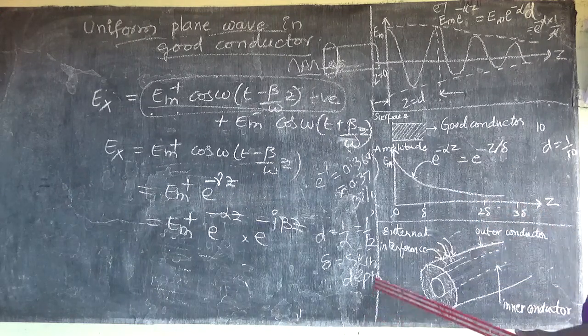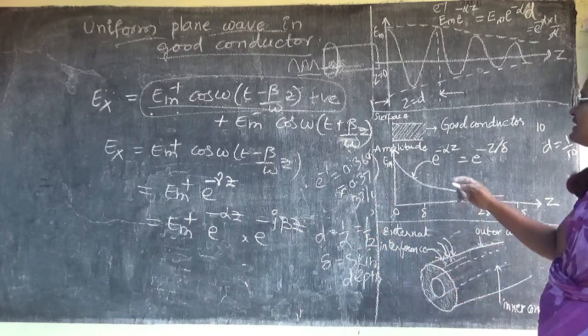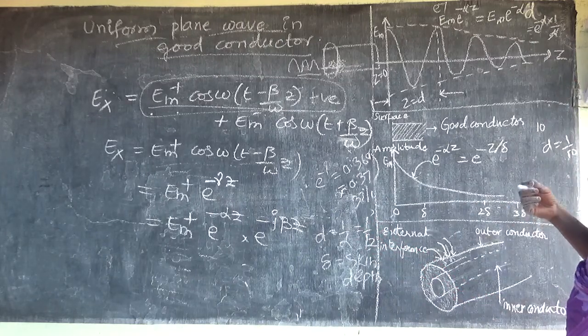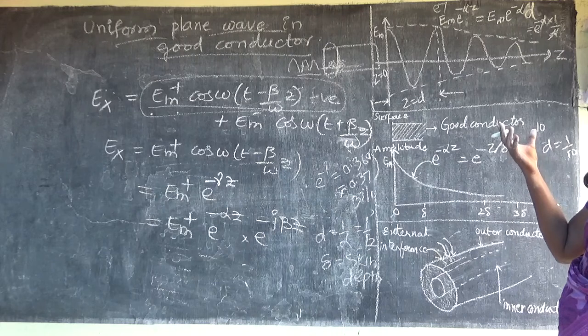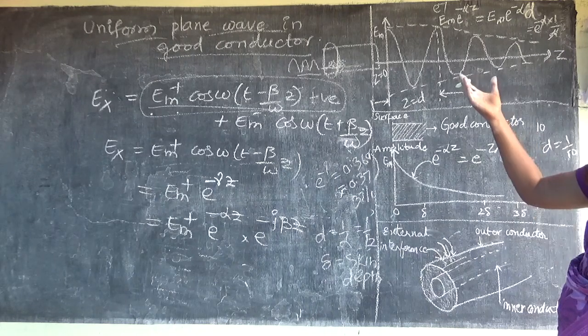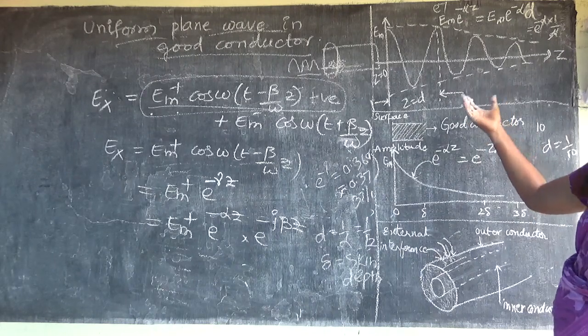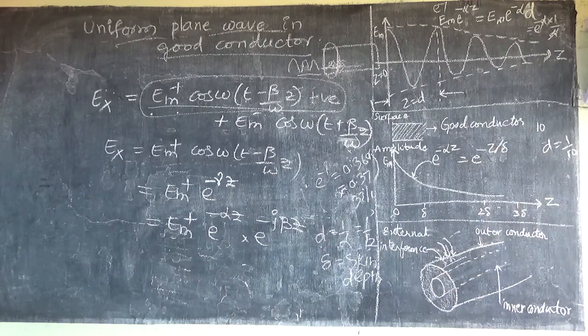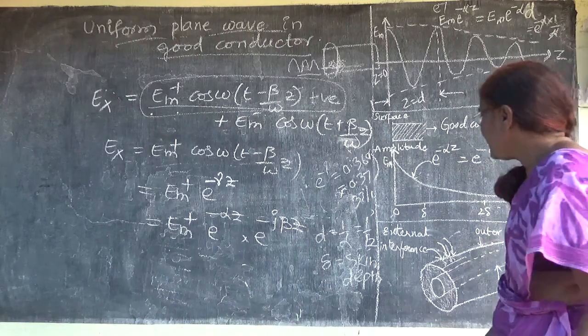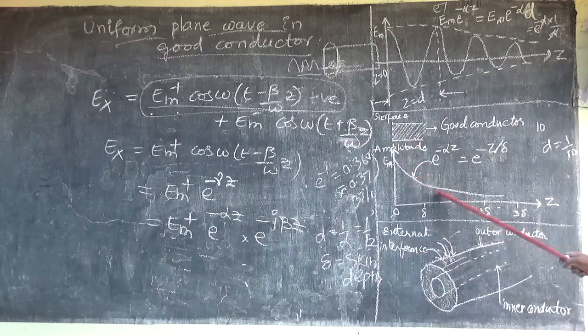So this is called skin effect, and the measurement of the distance at which the magnitude of the wave will become 37% of its maximum value, that is called skin depth, delta. Here, look at the skin depth: we show this waveform as exponential decay. By the time it travels delta, 2 delta, 3 delta distance, the wave will have vanished.